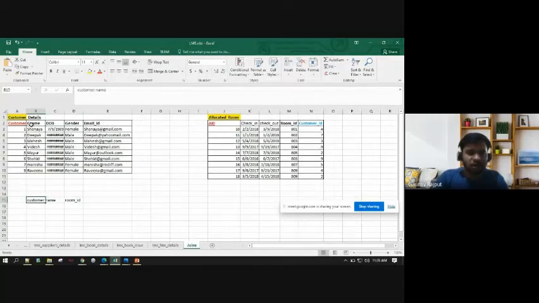Customer name, I'll get from this particular table. Room ID, I'll get from this particular table. So there are two tables, two sources of data. For that, I will have to use joins. Joins help you combine two different data sets. There should be some link between them. If you see here, customer ID is a link between the two data sets, so I will have to do a join.